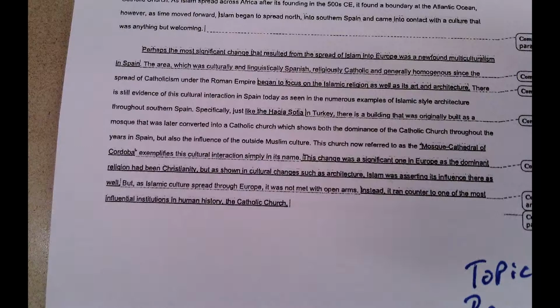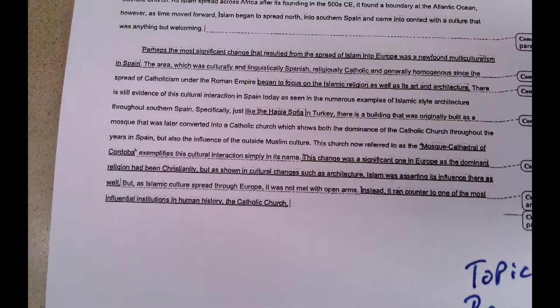The church is now referred to as the Mosque Cathedral of Cordoba. It exemplifies this cultural interaction simply in its name. Okay, so now I have my broad change is art and architecture. My specific evidence of change is that this mosque cathedral, and then now it is how it